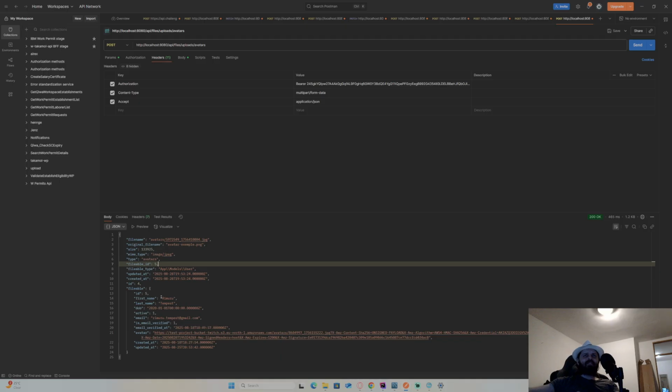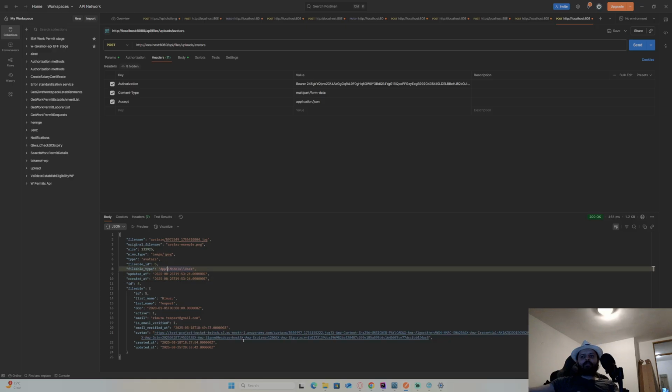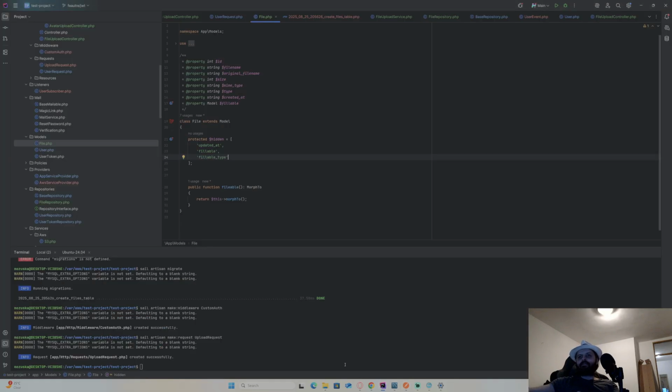But if I want to do that, I will have to use, well, some kind of resources. I want to avoid that for now. Let's just leave fileable ID, fileable type for now, because this can be recognized which model it belongs to and which is ID. Let's for now leave those two on. So I will leave fileable type and just hide these two.